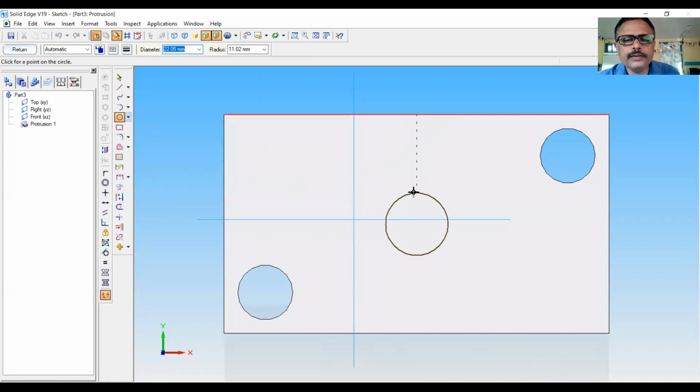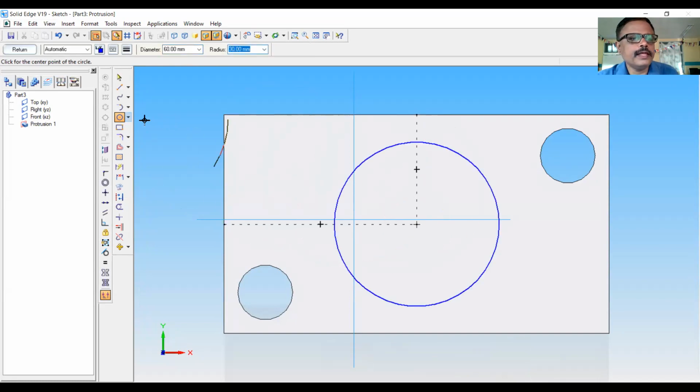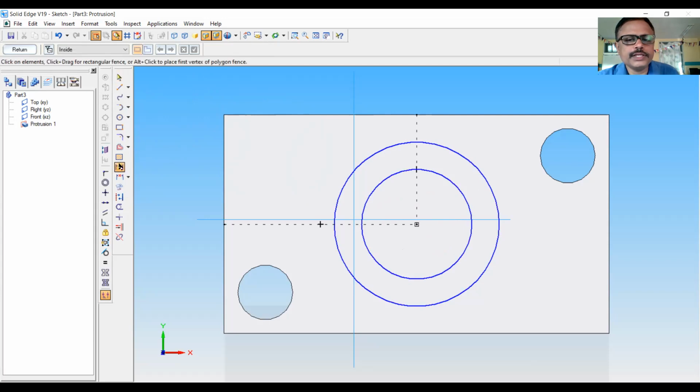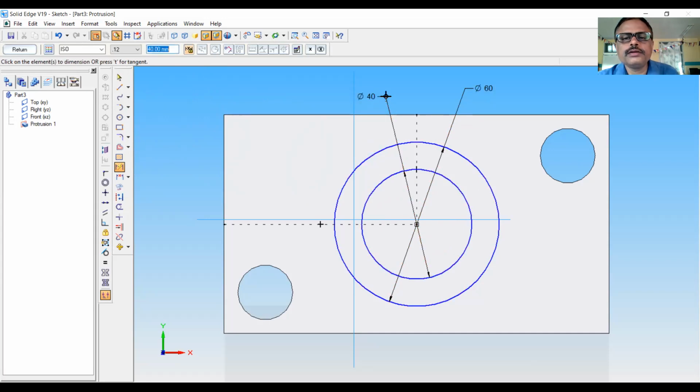This is the center point. 60 is the outside diameter. Then click on circle again, this center, and 40 is the inside diameter. So dimension that using smart dimension, that is diameter 60 and diameter 40.